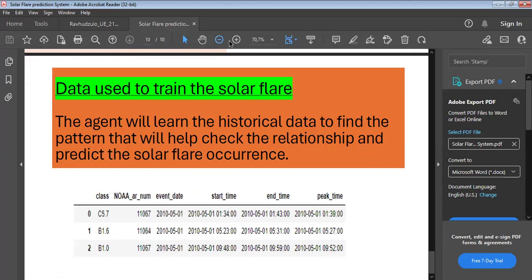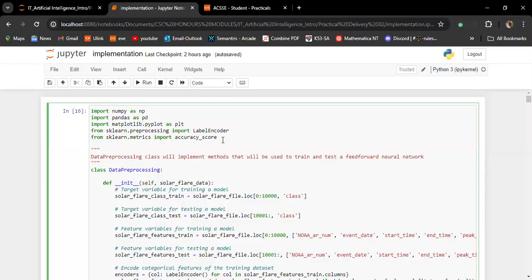So this is the perfect time for us to start going through the code. Now, what I've done in the code is that I have imported these packages. There are probably 4 more, which we will come across as we go through the code.